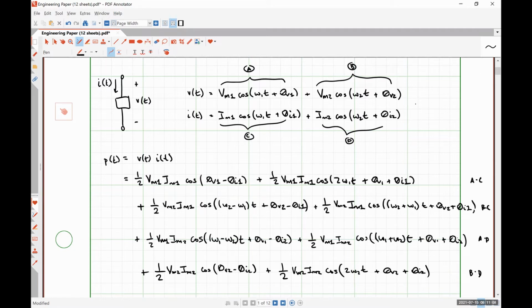We have some DC terms, some twice omega 1 terms, some twice omega 2 terms, and then terms that are the sum of the omegas and terms that are the difference of the omegas. So it might look like we have 7 here, but